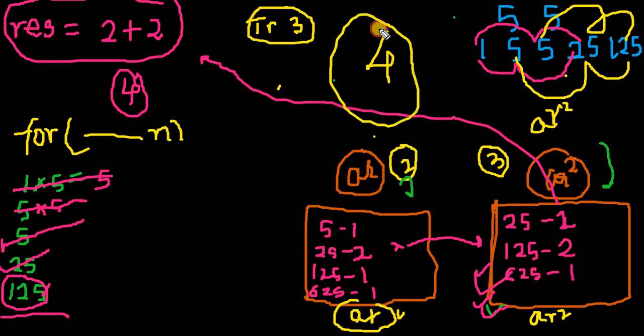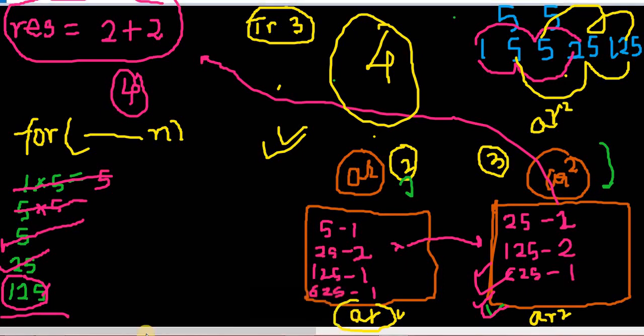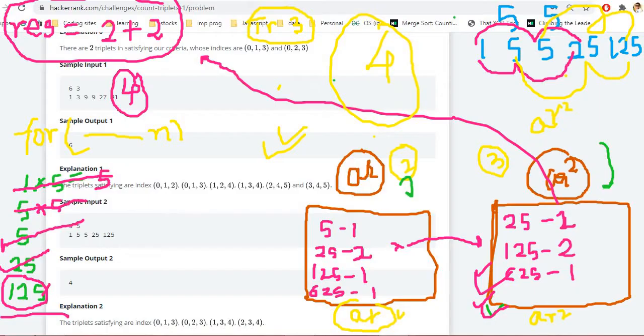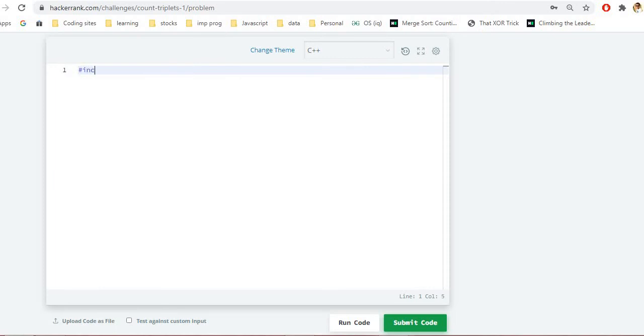So I think I have explained it in as simple a way as possible, and if you still have any doubt, do let me know in the comments so I can clear them. So let me write the code, and if there is a doubt, I am sure that will get cleared. So let's start with the coding. Okay, let me add the basic library files and skeleton. Okay, the basic skeleton is ready.